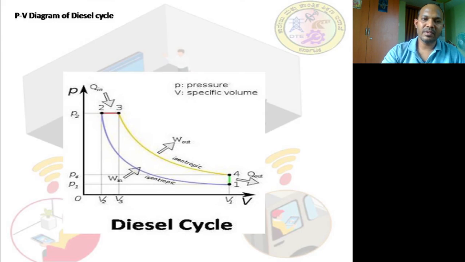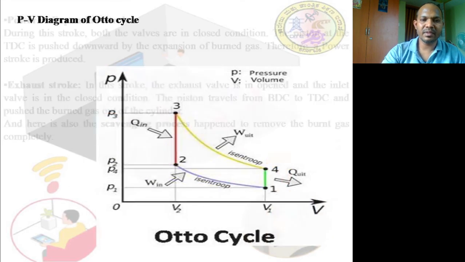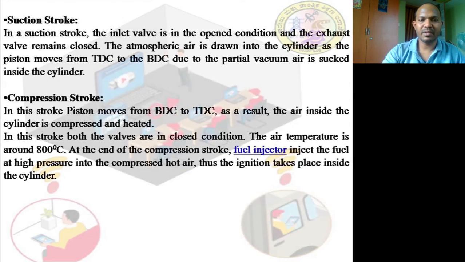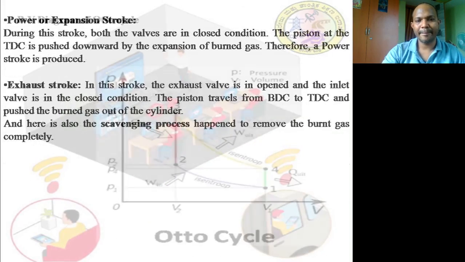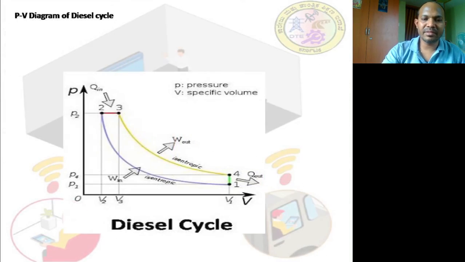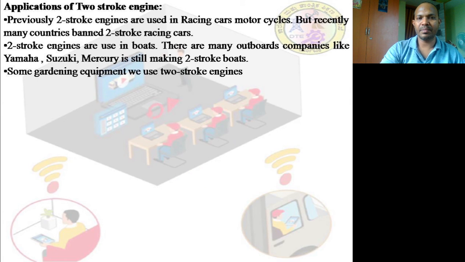Now I always suggest you, along with the cylinder arrangements, as you can see here, along with these 4 sketches, if you are able to write down the PV diagram also, that will fetch you good marks, because the evaluator understands that you have understood the concept of the diesel engine and the petrol engine, and that will also help you to list out the differences between petrol engine and diesel engine.